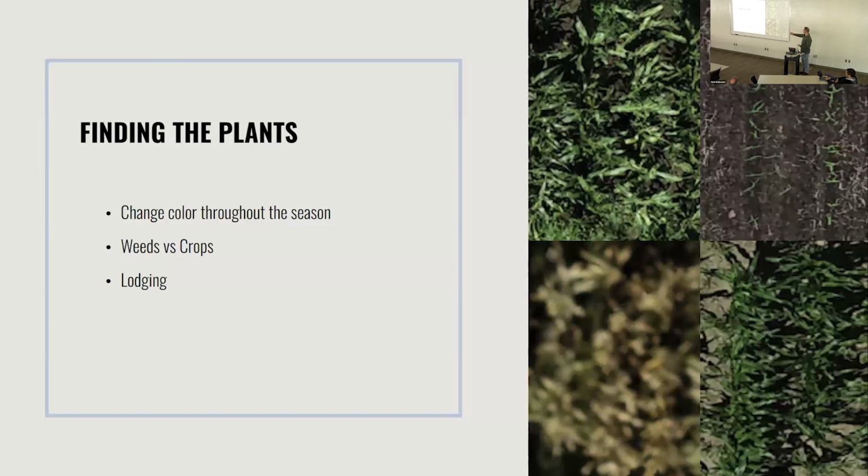And then towards the end of the season, you end up with the plants being entirely brown or kind of a yellow color. And this is a fun example I threw in, but again, we don't really know what we're doing. So this entire field was collected with the camera not set to autofocus, right? So the entire field is blurry. And then they just hand me an image and they're like, we'll get data out of it, right?